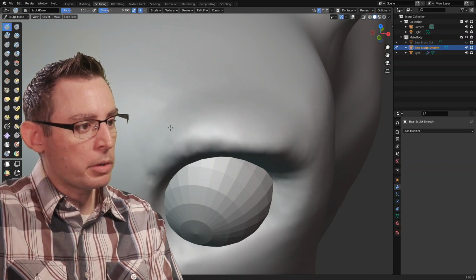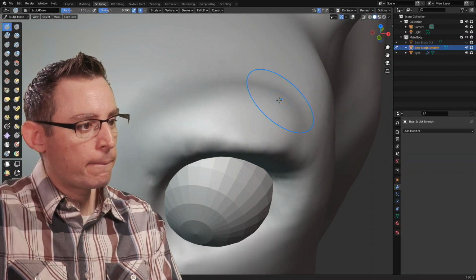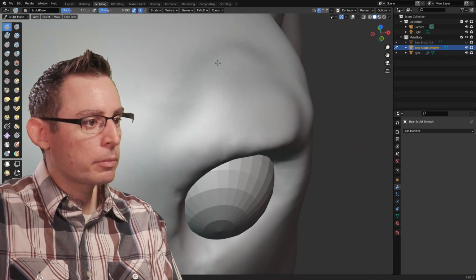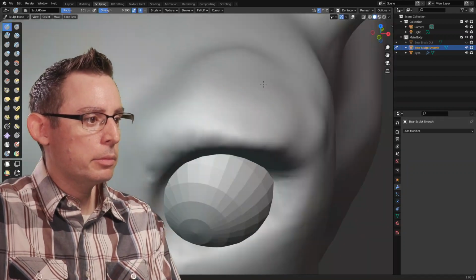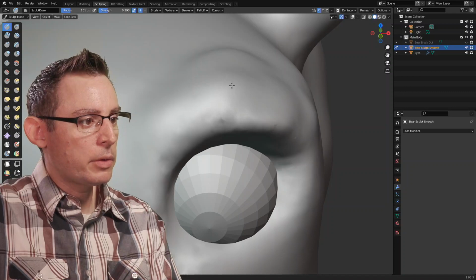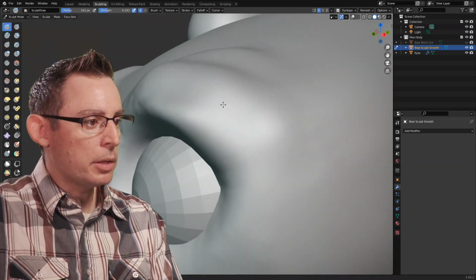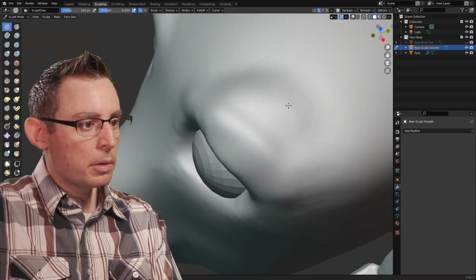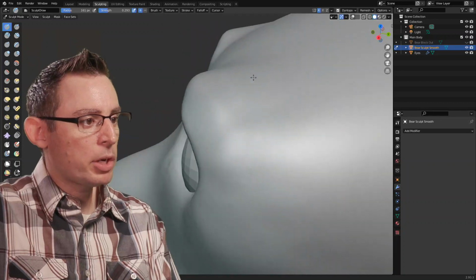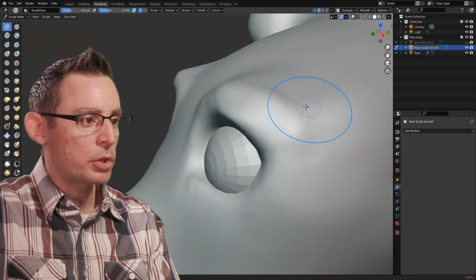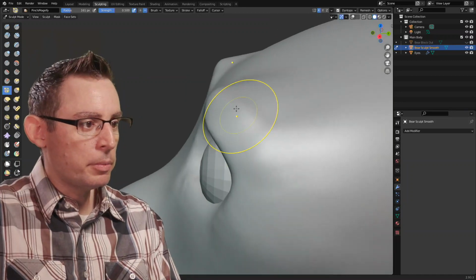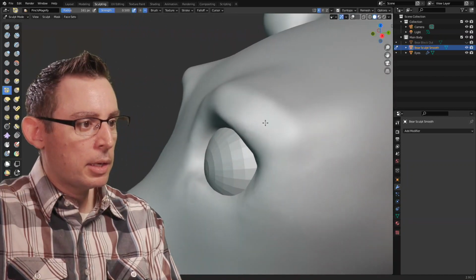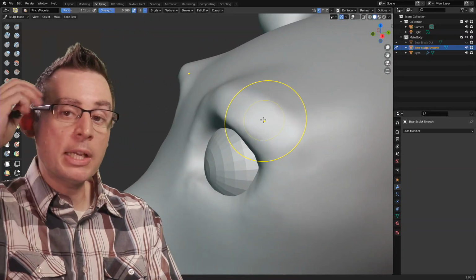I'm going to add a little bit more volume up here at the top. Something like this. Yeah, there we go. Starting to get the idea that there are some bones in here that are influencing that shape. Went a little too extreme on the back side. I was trying to create a little slope, and I like that slope, I just went a little extreme with it. I'm going to grab the Pinch tool and pinch this plane here a little bit. I like those angular lines. As I orbit around, those angular lines are reading as a nice plane break.